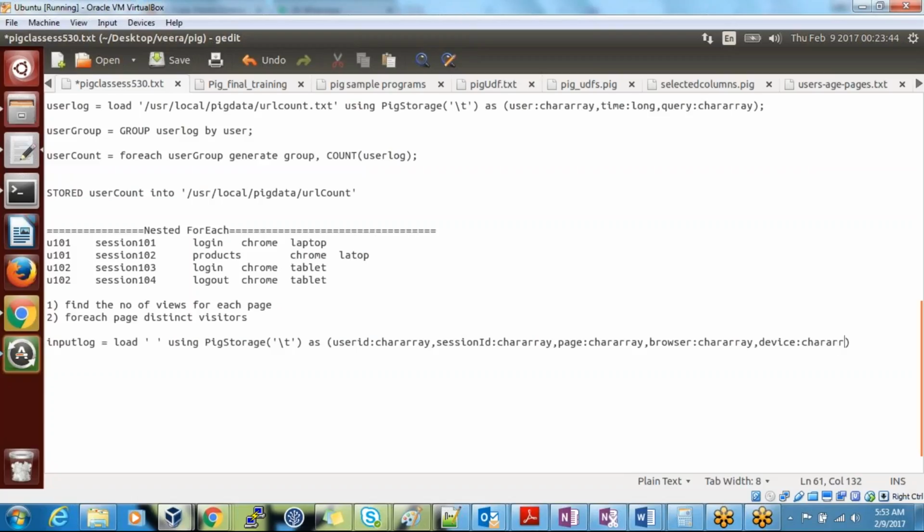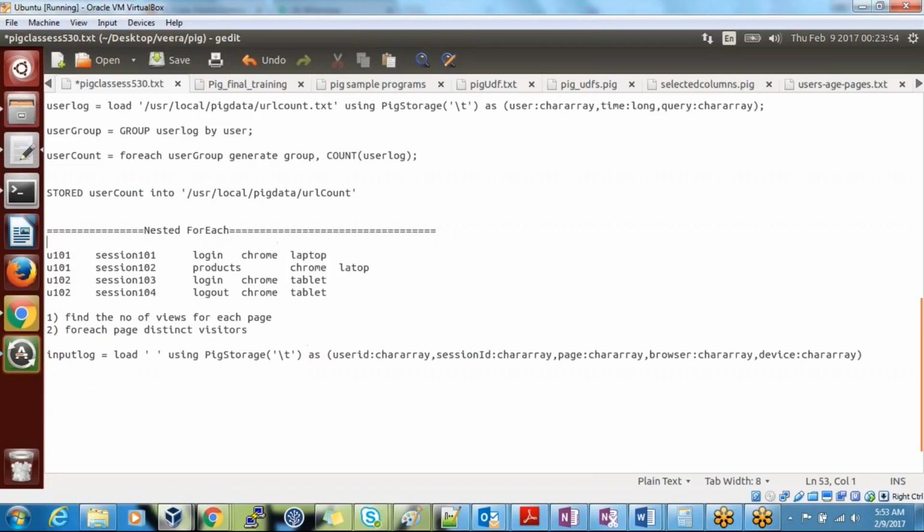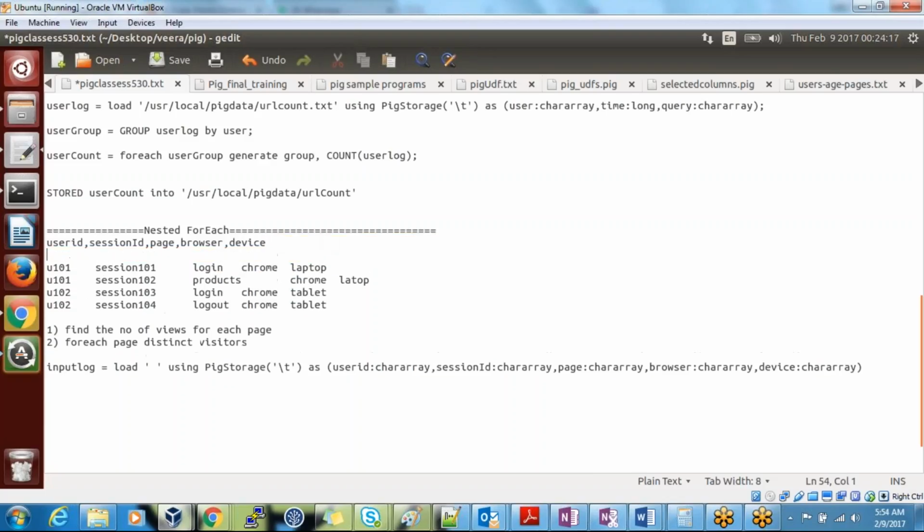All are char array, all are characters. You can keep it for your reference. We should know what columns are there. Okay, this is our reference.